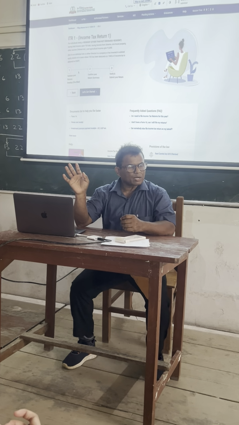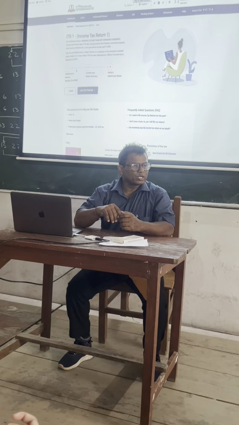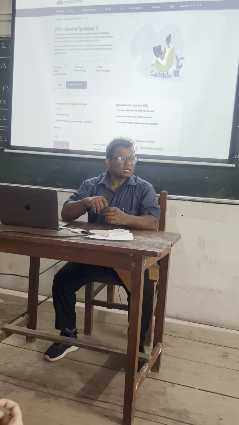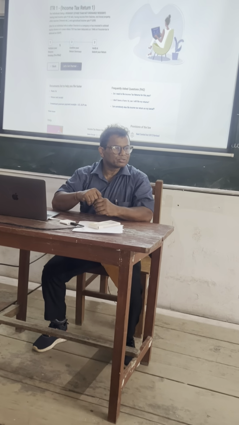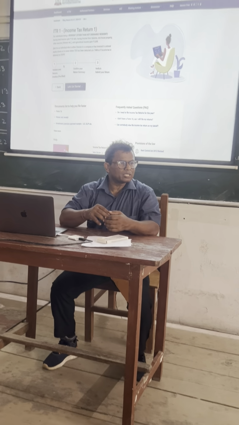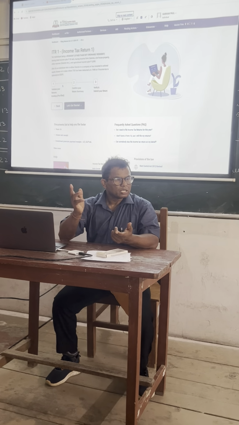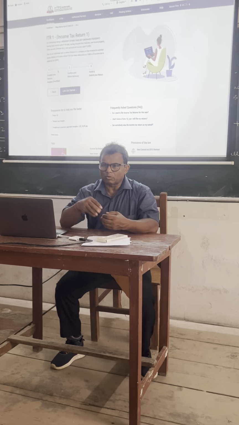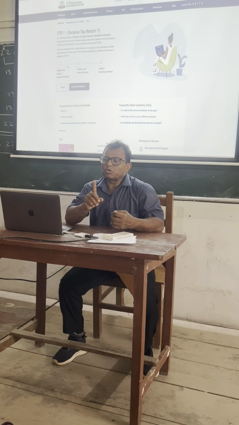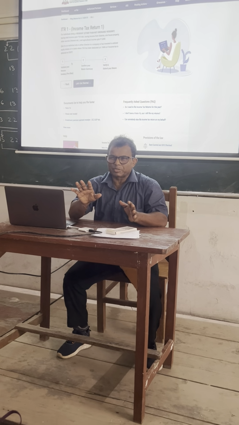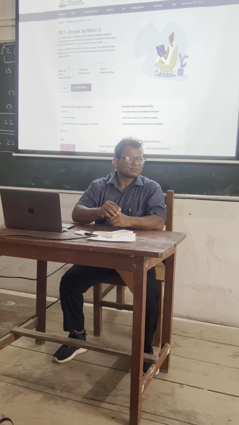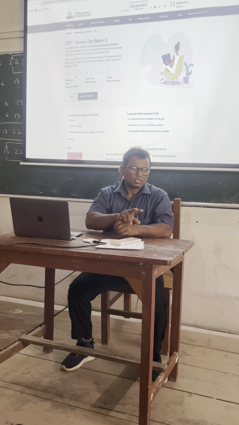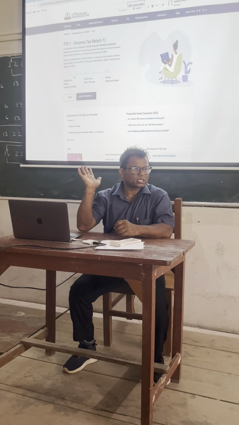Clear? Suppose an elderly person, you are doing his filing here, and the OTP will be coming to his mobile, and his mobile is not with you, or maybe he does not have a mobile. Suppose there is no mobile number for OTP collection, then you give a piece of paper, he will sign it, and you send it. That is also verification. Okay, and then you are clear for this year.